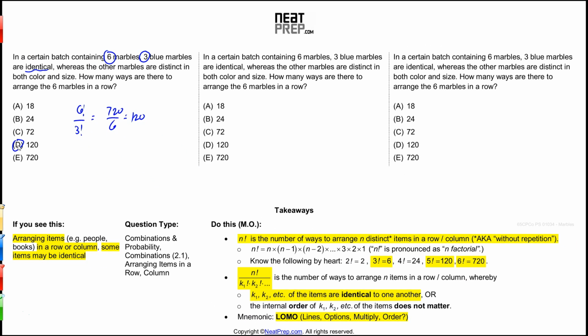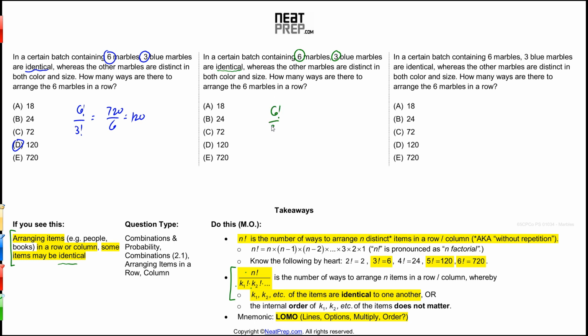Slower. Let's explain how we plugged the given numbers into the formula and then recap how we got the formula. If a combinations question includes arranging n items in a row or a column whereby k1 and k2 of the items are identical, we use this formula: n factorial divided by k1 factorial times k2 factorial. Similarly, since here we need to arrange 6 items in a row whereby 3 are identical, this yields 6 factorial